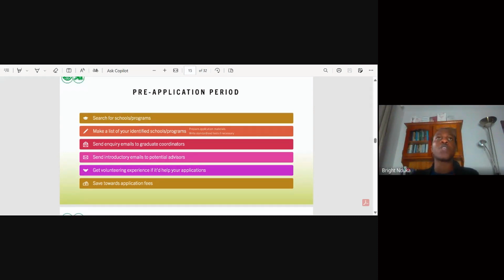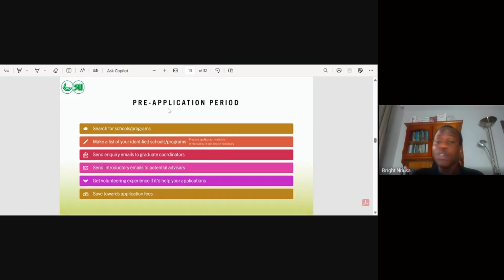Now, this is what we call a cold email. You send it to potential supervisors, because part of what the US application process will make you do is to secure a supervisor. You need a supervisor. In the UK, when you are applying for a research program, you don't need to contact a supervisor that much. Not all schools will ask you to. But for the US, you need to send a cold email explaining yourself, your research background, your experience, and your previous educational background. If you need a template of a cold email, I have some templates that I sent when I was applying to US schools.